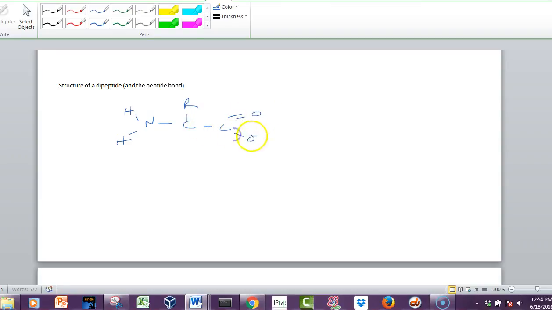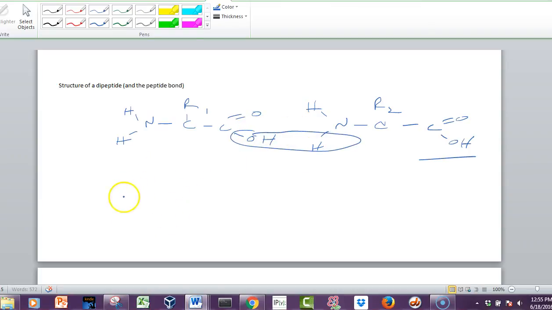The best way to draw it is just to draw them both out. Then this would be a different amino acid with a different R group, and it would still have this carboxyl group. This is a carboxylic acid group. We're going to lose a molecule of water and stick these two things together. So now this C is connected to this N over there. We lost some water. We've got a double bonded O, and then this H actually comes down here.